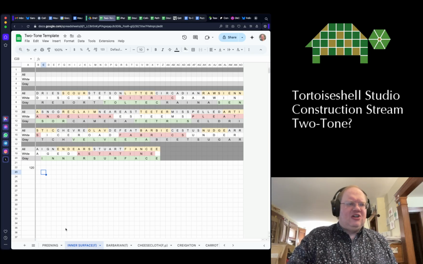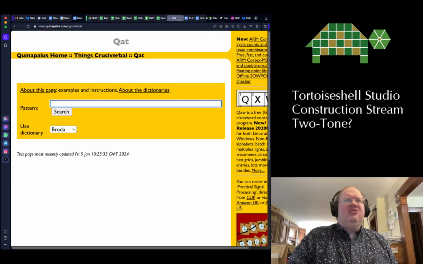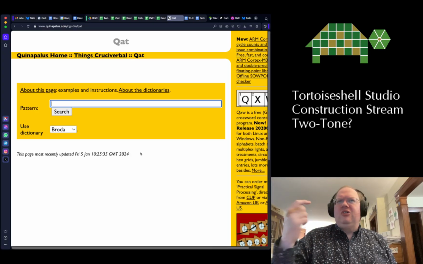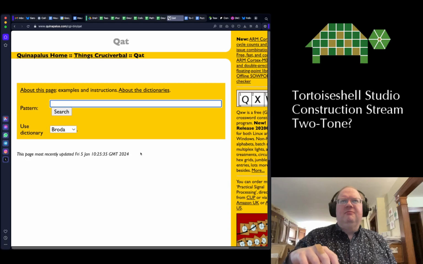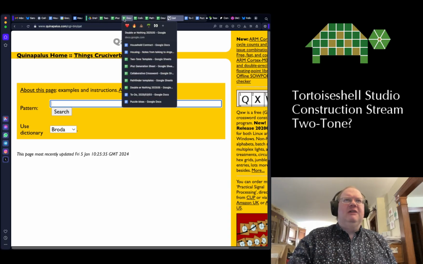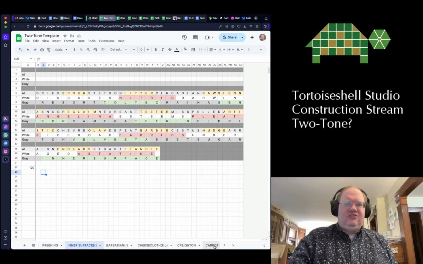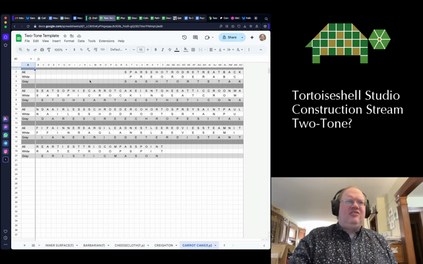And so what I would do if I were getting started in a two-tone is either I would happen to see some word where I go, hey, every other letter in that looks interesting, which I have. I have a couple of those in this sheet. For instance, carrot cake. I just happened to notice that the letters of carrot cake, which are here, gave you rock, croc or rock,